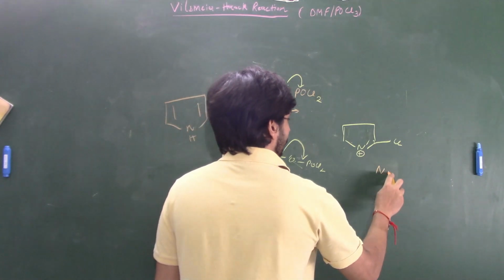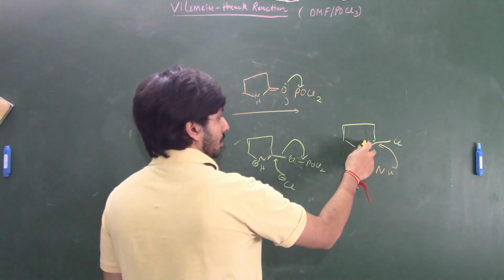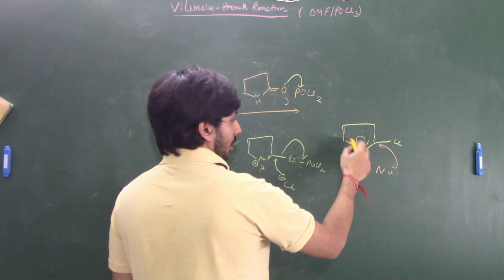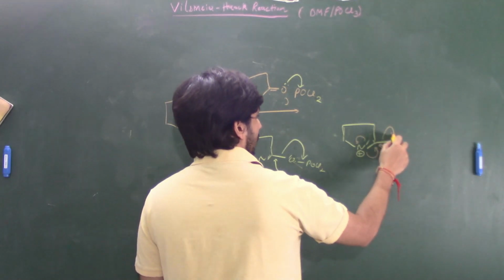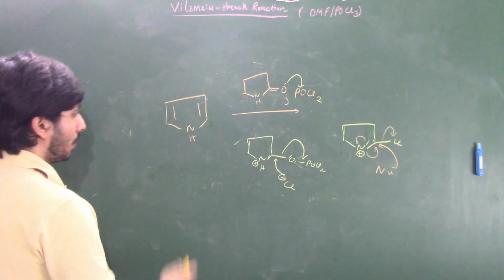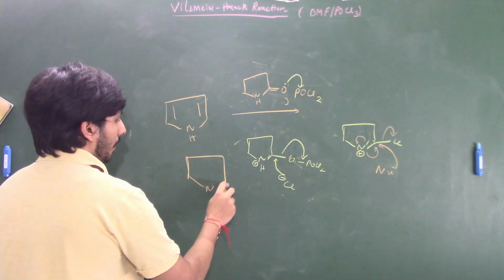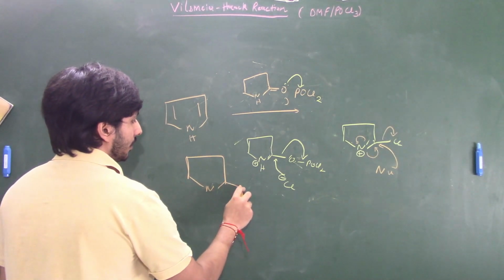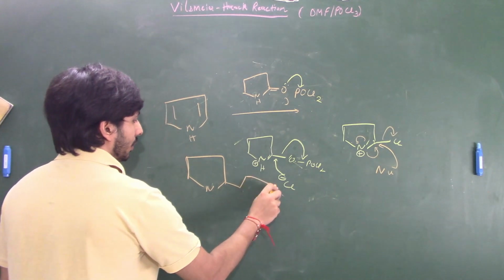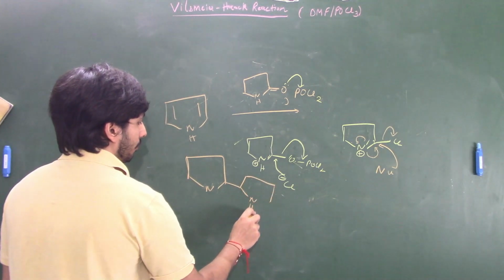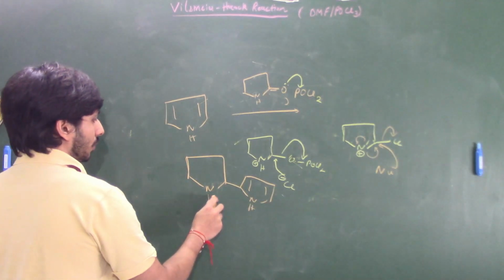So now the nucleophile comes, attacks this carbon. Okay, then this nitrogen bond migrates over here like this. This double bond migrates over here. Then this nitrogen will again attack, and chloride will be kicked off. So finally, what we'll get over here is this nitrogen, and then the nucleophile, which we can now draw as the second position of pyrrole. Right now, we can draw it comfortably. Okay, this is our nucleophile, and then we'll have NH over here.